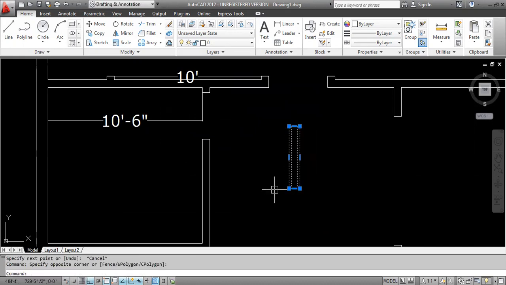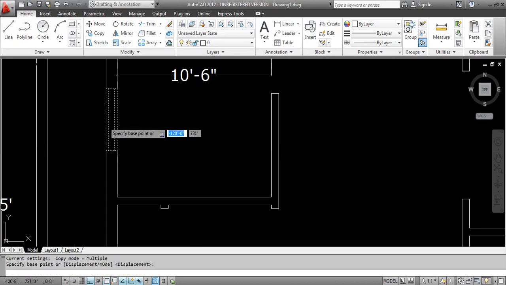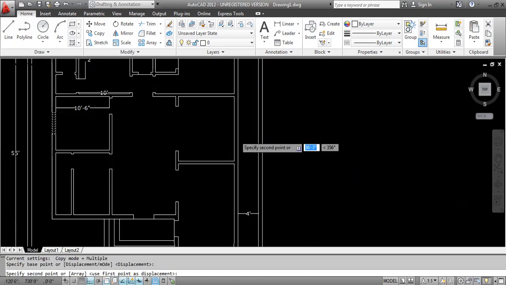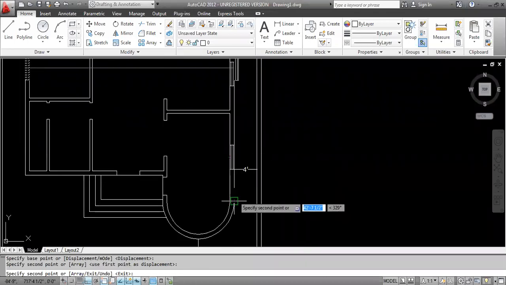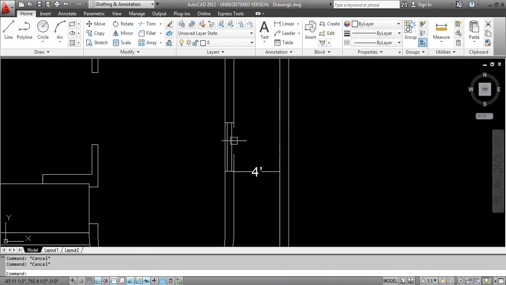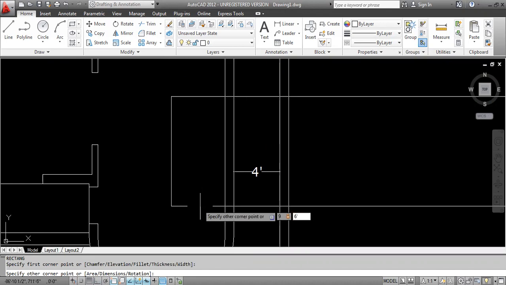Now just move it according to the inner wall center. The same I'll copy over here also, according to this wall and according to this one. Sorry, I will provide here one big window. REC. See, in meter we will give W size 1.5, but in feet we will give 6 feet. What is the wall size? 9 inches comma 6 feet.